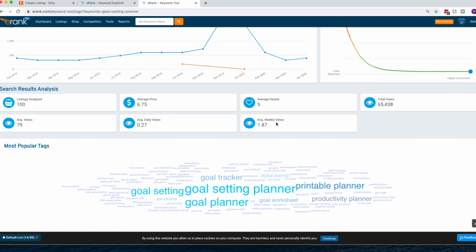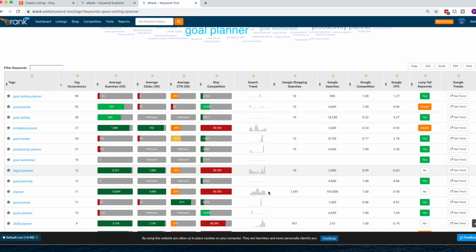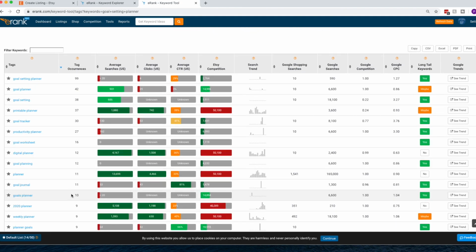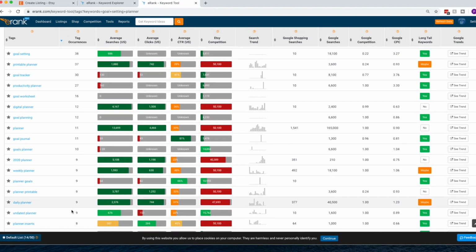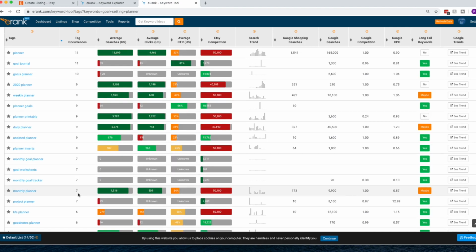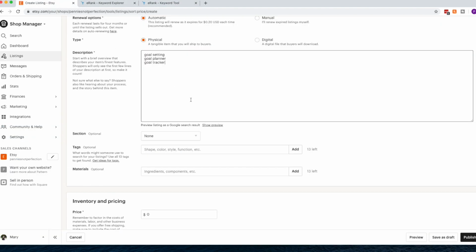But we did see before that a lot of people also are using Pinterest to find things like goal setting. So we would also want to use Pinterest as a way to drive traffic to our printable. You will want to make sure that you're optimizing for search, even if that's not your main traffic driver. So you'll never want to turn down search or have things that aren't optimized for search because that is so important, especially on Etsy. That is really driven by the search results, and that is how people find things. They are already on the marketplace. They are typing in keywords of things that they want to find, and that is how they are finding things